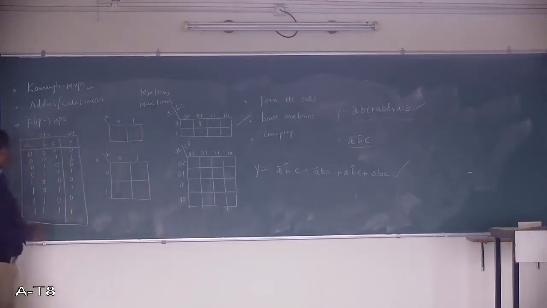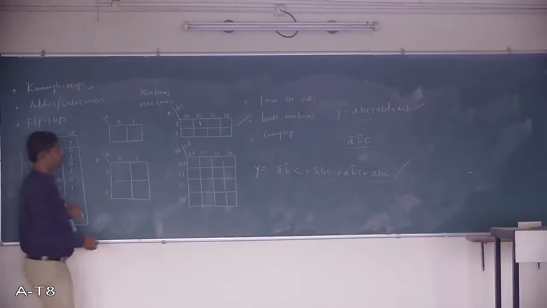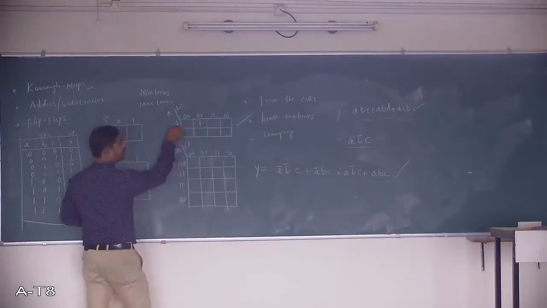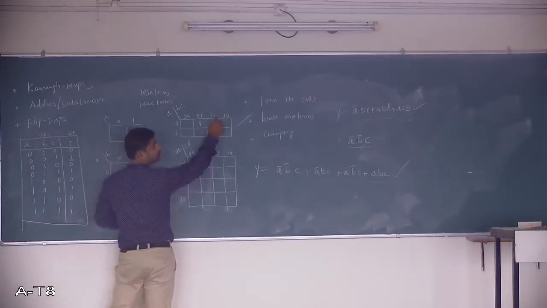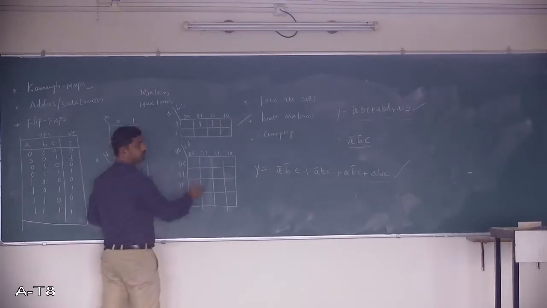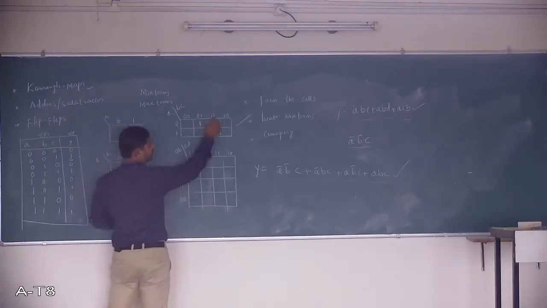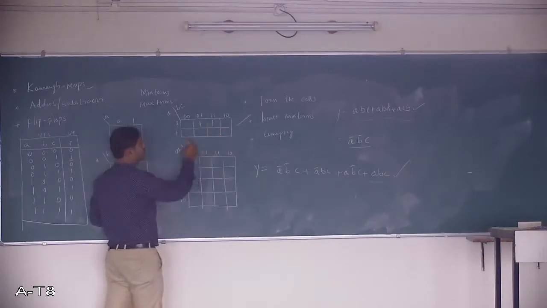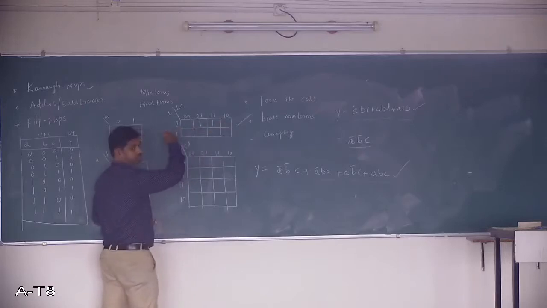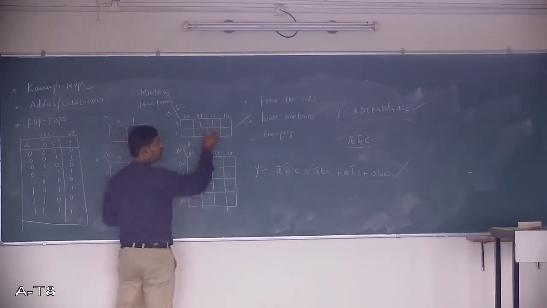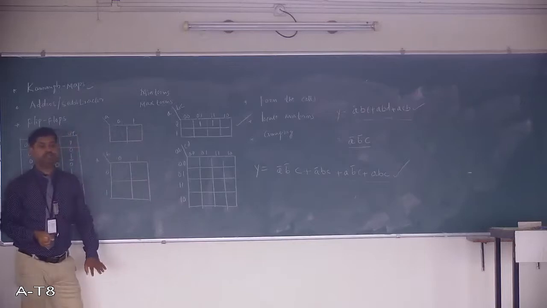Next again check it. Output is 1 here. 0 1 1. Check it. A is 0. B and C both are 1 1. Where is it? Here. So 1. B and C both are 1 1 for this and this also. But A should be 0, no? So the top row you should take, not the bottom, because the bottom row is having A as 1, but my A is 0. So this can uniquely identify the cell.